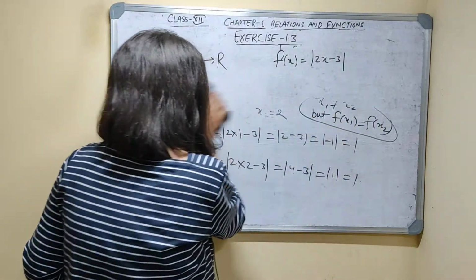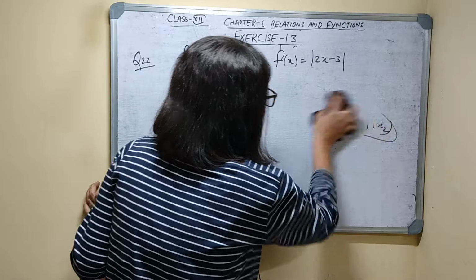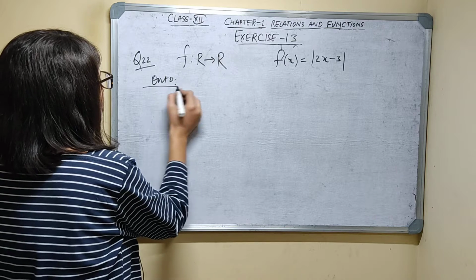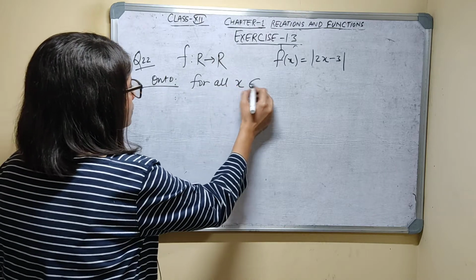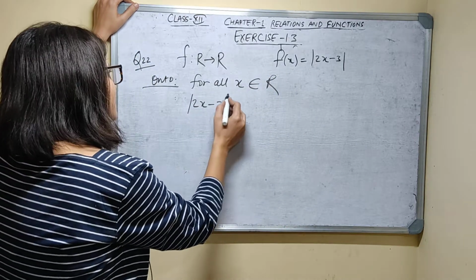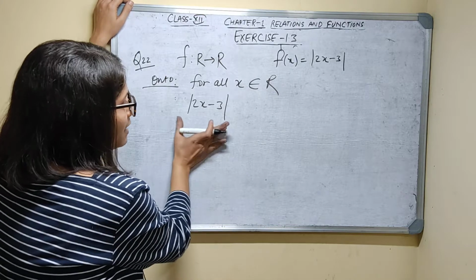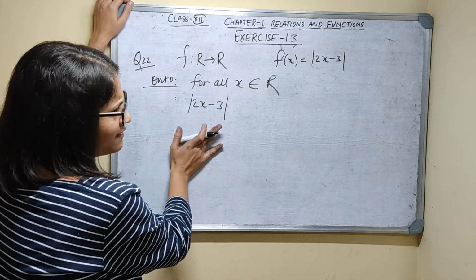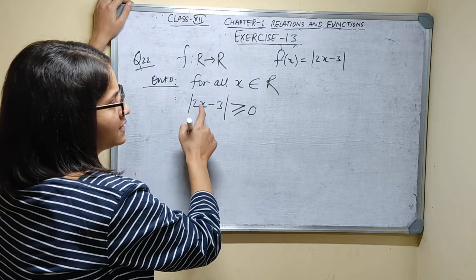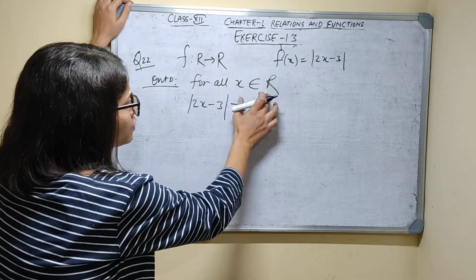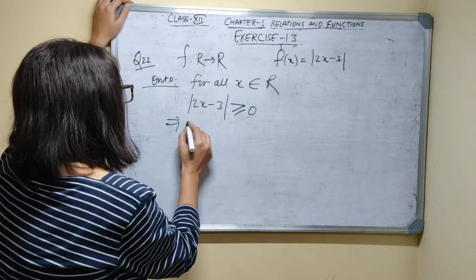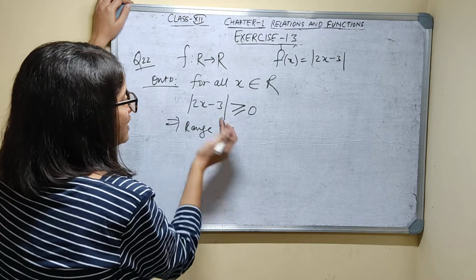Now you have to check whether it is onto or not. For all x belonging to real numbers, for any real number you put, you will get mod of 2x minus 3. Because it is a modulus value, it can't be less than 0. It will always be greater than or equal to 0 for any real value from the domain set. So mod of 2x minus 3 is always greater than or equal to 0, which means the range of the function,